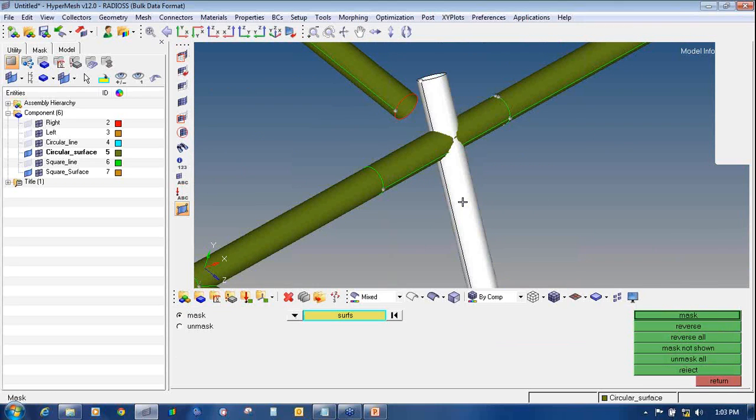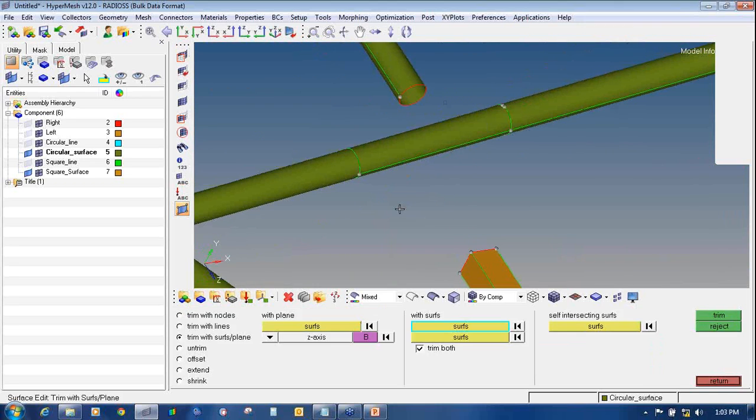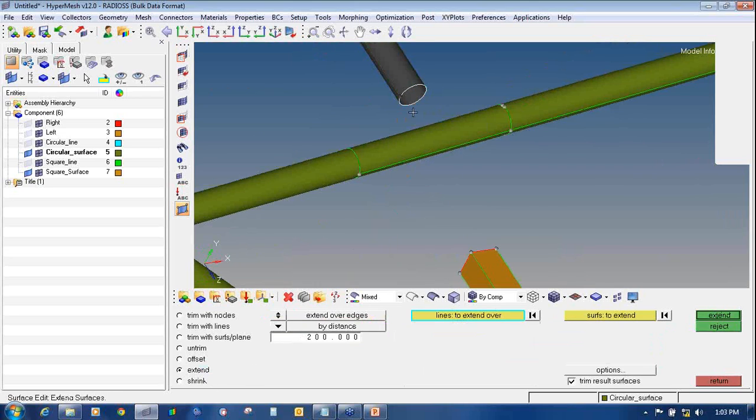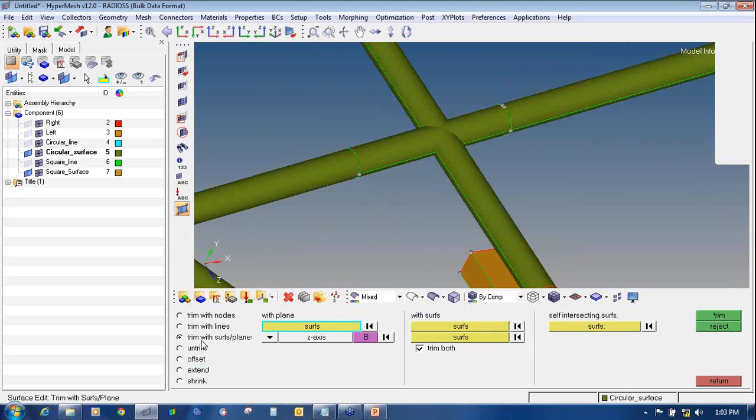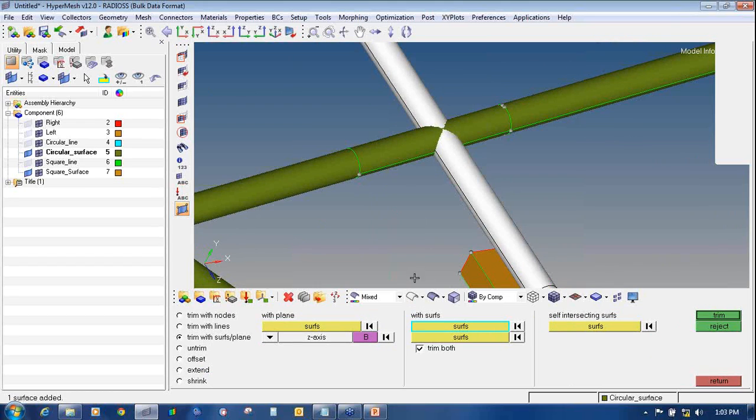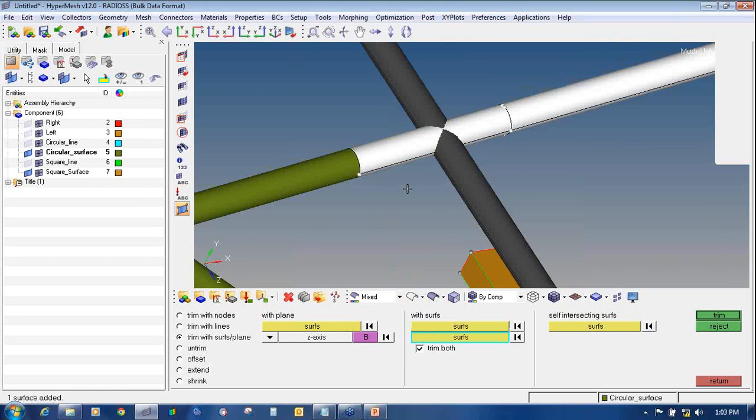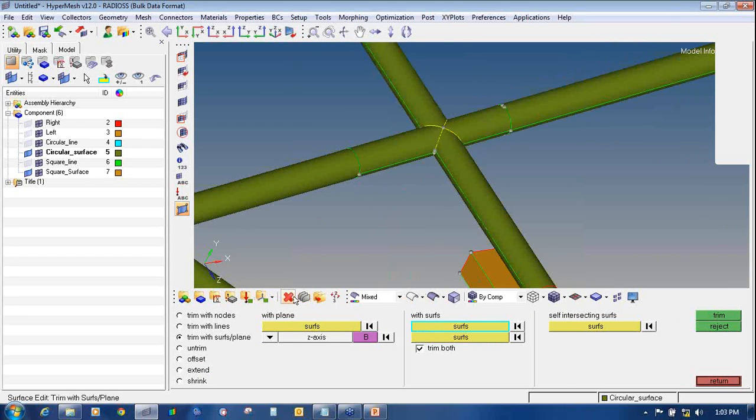After that I will mask this one, shift F9, extend this one, trim with surface planes, surface to this plane and trim. Go to delete,